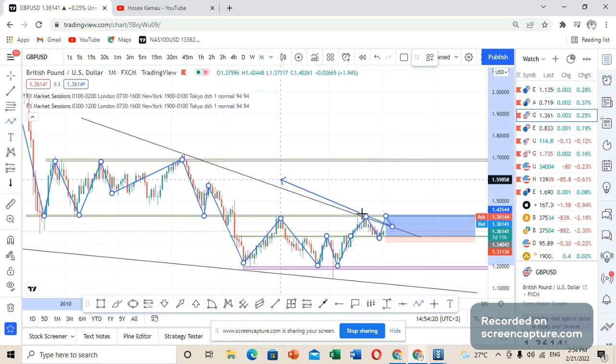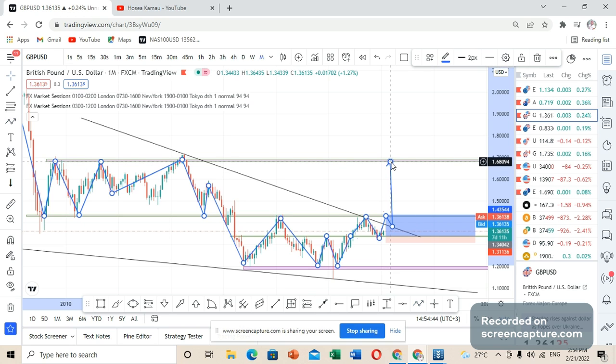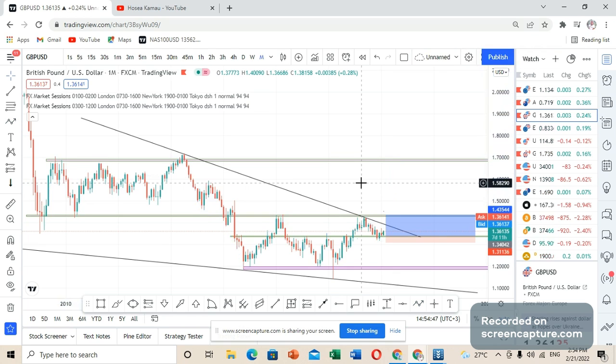line that is here. You can see this particular trend line because, since we have experienced several touches to this particular point of support, what I'm expecting is that the market is preparing itself to create a breakout to the upside. So I'm expecting that the market is going to have a small pullback to this particular level here, and then later on create a breakout that is going to move to those particular levels. So that is the analysis